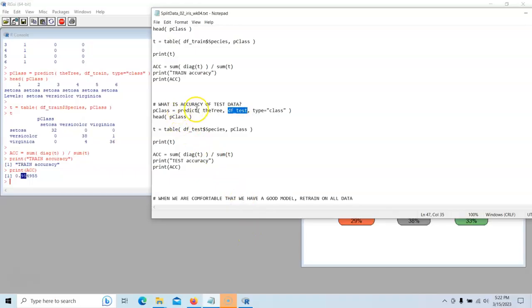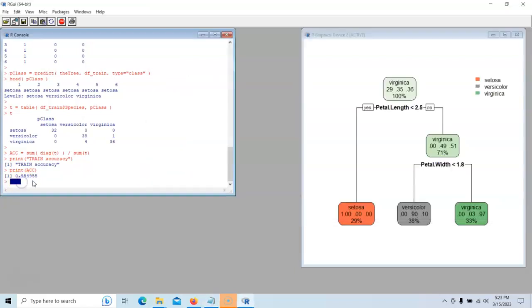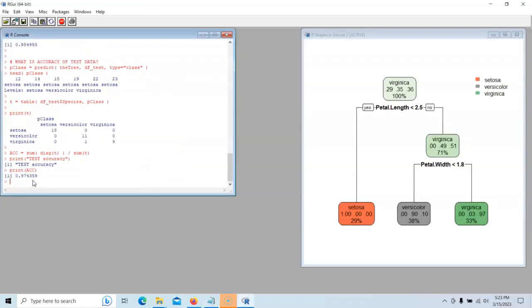So we're going to say, okay, let's use our decision tree and let's predict the test data set. This is data we've never seen before, and let's see how accurate that one is. Now, if our model is any good, we should be something close. And look at this, we got 97% accurate. Now that means that our model is probably pretty good because our test and our training data are kind of